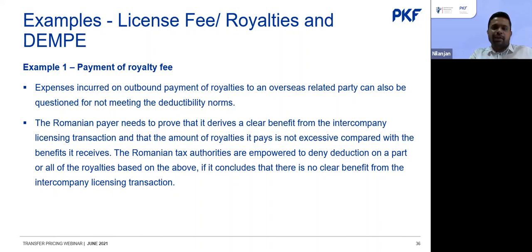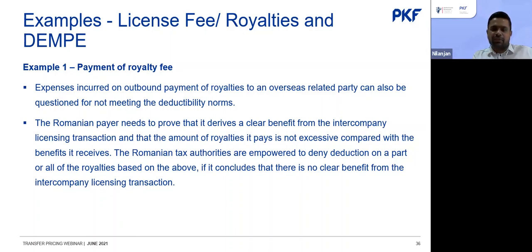Payment of a royalty fee. Expenses incurred on outbound payment of royalties can be questioned. This is really, really common for the tax authorities to question. So the Romanian payer needs to prove that it gets a clear benefit from the intercompany licensing transaction, and that the royalties or license fee it is paying is not excessive as compared to the